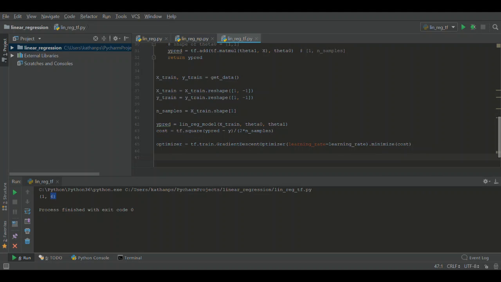So now that we have our model defined, and our input and output also defined to our model,